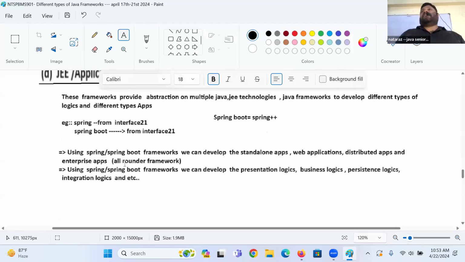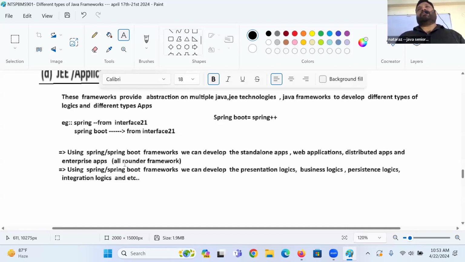Ultimately, we are going to learn the fourth one, but learning the fourth one is equal to learning the remaining three. In ORM frameworks, there are many things, but Hibernate is best, and what is suggested there? Spring Data JPA.